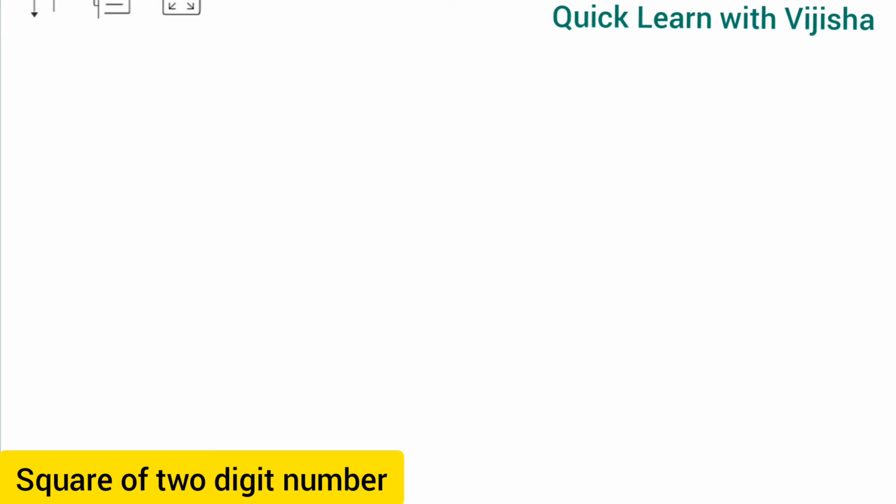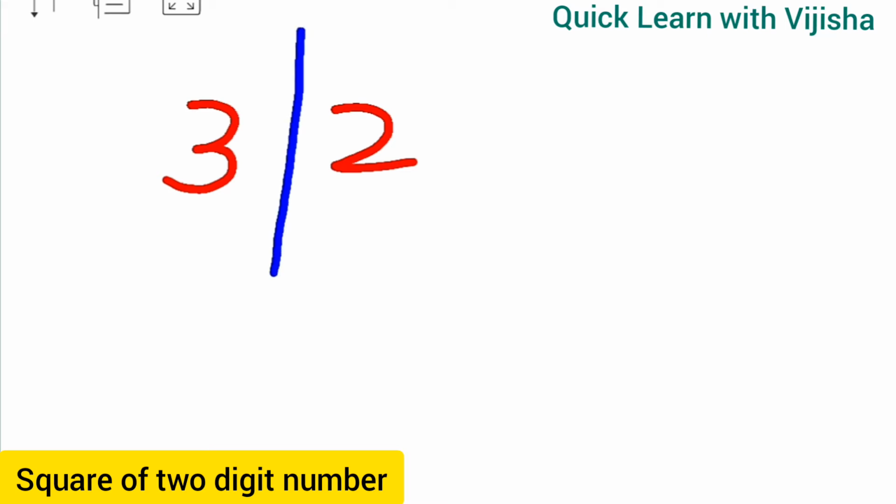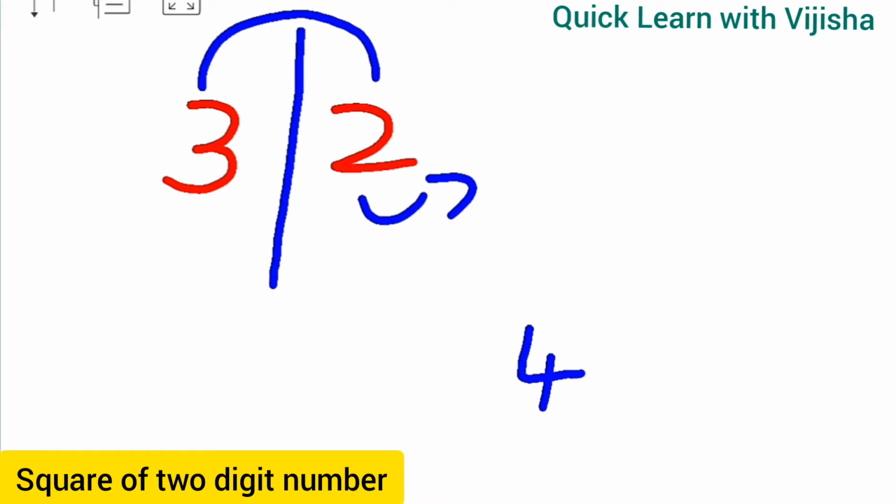First we will see how to find the square of any number. So if I take a 2-digit number, that is 32, how will we find the square of this number? Square means we have to double this number. So we will put a margin between 3 and 2. Now listen carefully students. We have to find 2 square. 2 square gives the value as 4. Understanding children? Now we have to multiply 3 2s will become 6. And we are finding the square, so we will multiply it with 2.